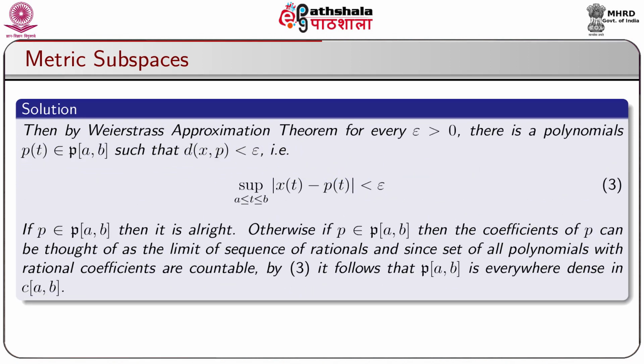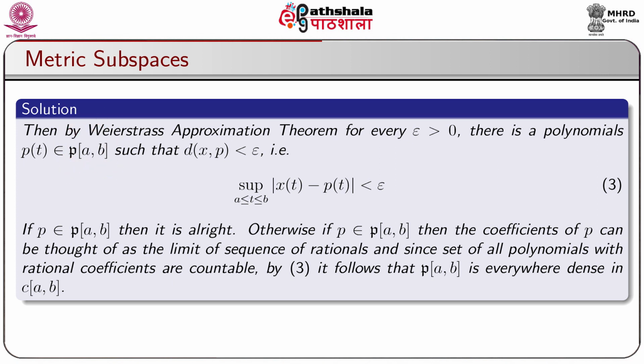Let x belong to C[a,b]. So, by the Weierstrass approximation theorem, what is this? That every continuous function can be approximated by a polynomial. Thus, we see that for every epsilon greater than 0, there is a polynomial p(t) belonging to 𝒫[a,b],